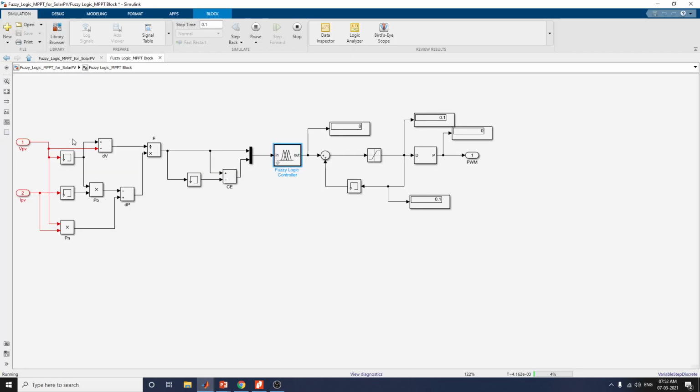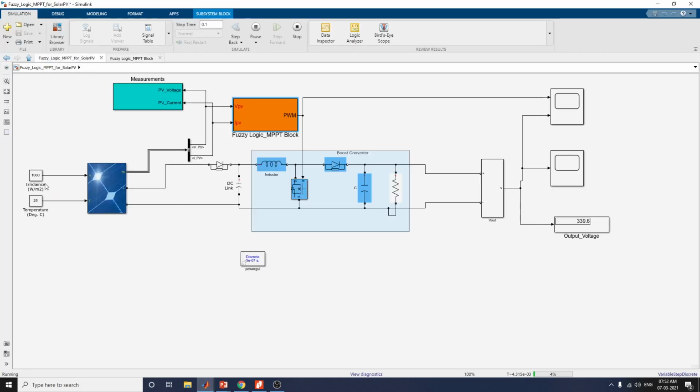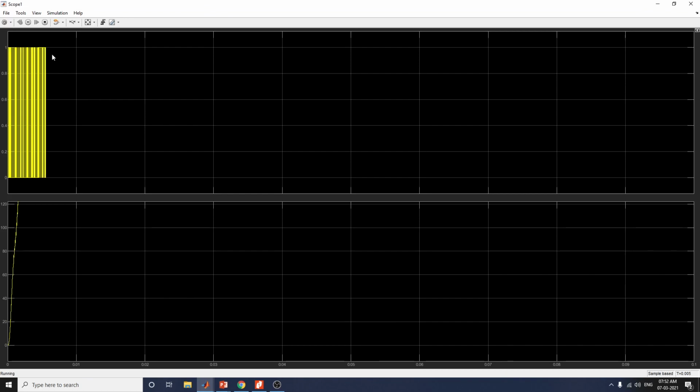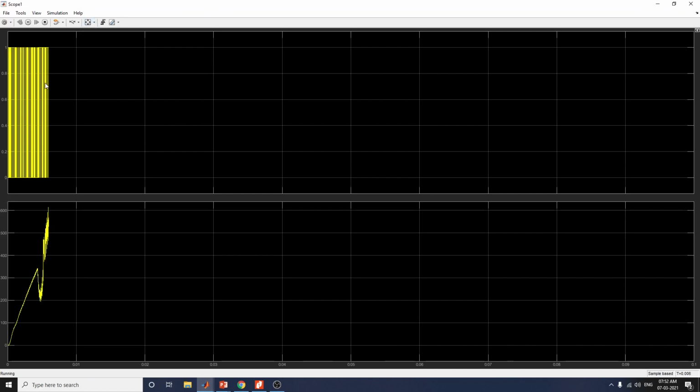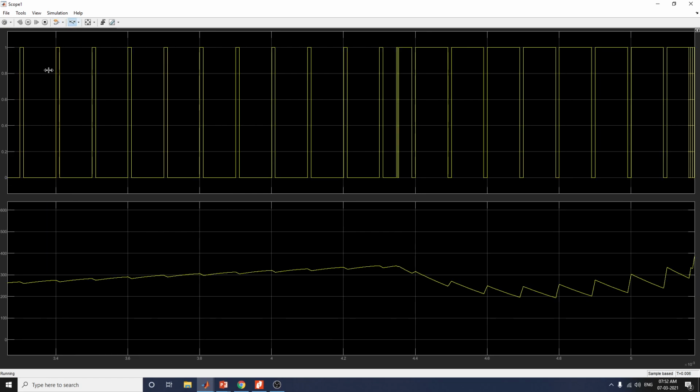Here you can change the irradiance value and the temperature value. Based on your value, the output values also change. You can see the output values.